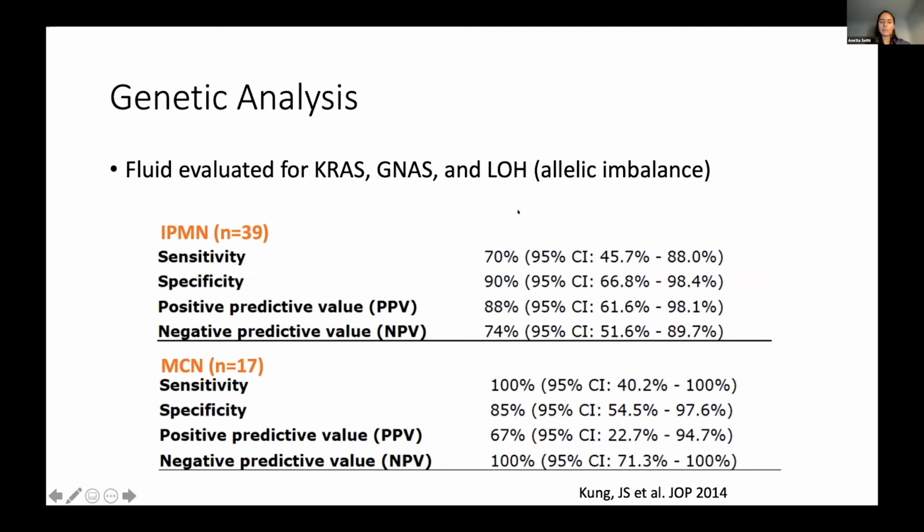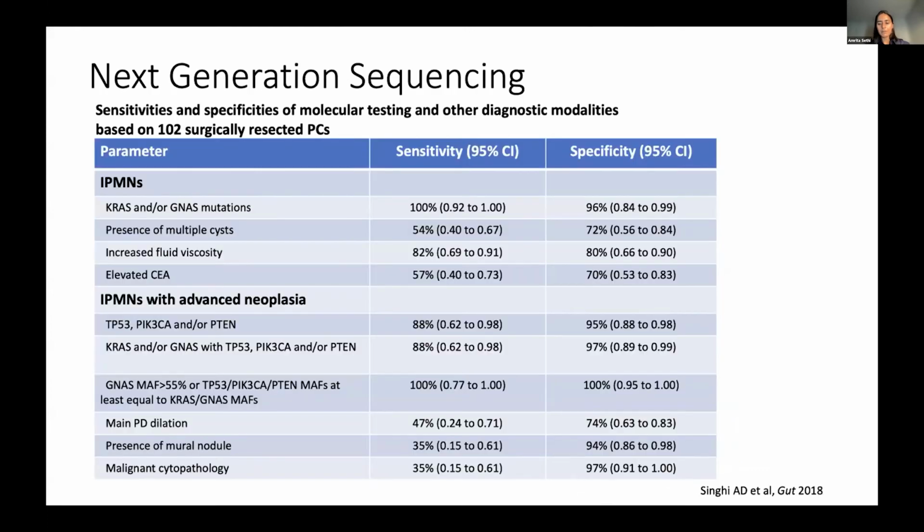We've known over the past several years that the epithelium does shed DNA, and we can measure this and look for genetic mutations such as KRAS, GNAS, and loss of heterozygosity. These have very high sensitivities and specificities for both IPMN and MCN, and the presence of GNAS is very specific for IPMN and not seen in MCN. So these are very valuable markers for us, but more recent